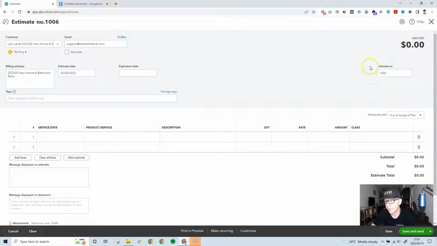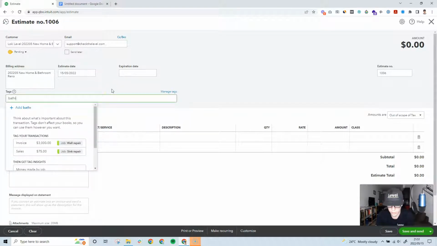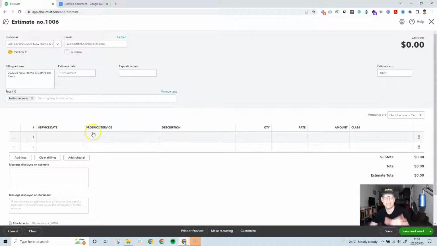If you want to create your own customized estimate invoicing or estimate number format, you can actually have that set up here. You can tag the estimate. Maybe this is a bathroom reno and I want to tag all my bathroom reno estimates, right? You can actually create a tag here. Some really cool little features here, but the meat of what we want to actually get into is in these